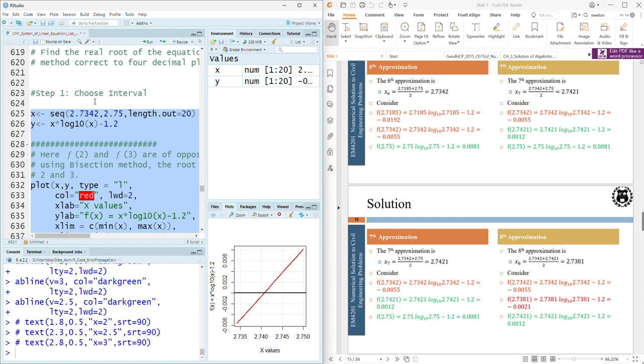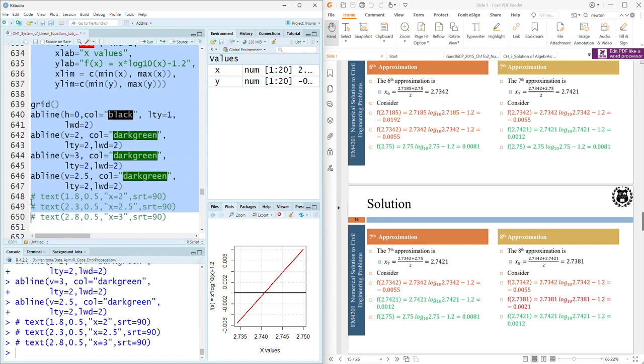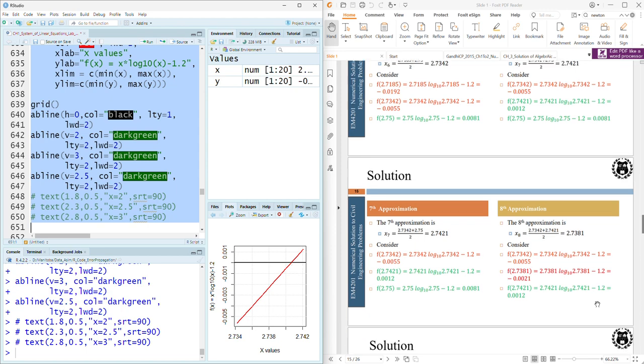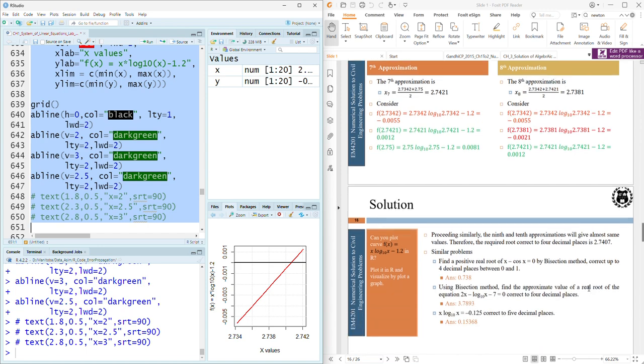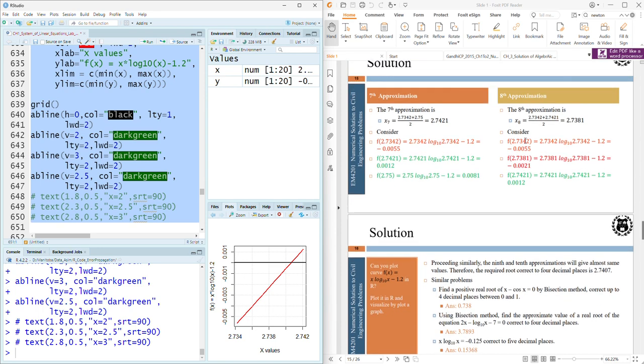So now I am not using 2.75. I will use 2.7421. And I am running my code again. My root is somewhere here. In my ninth, 10th, 11th, 12th, and so on, if I keep doing this, then ultimately I will reach very close to this root. So now I stopped after 8 approximations and somehow we reach